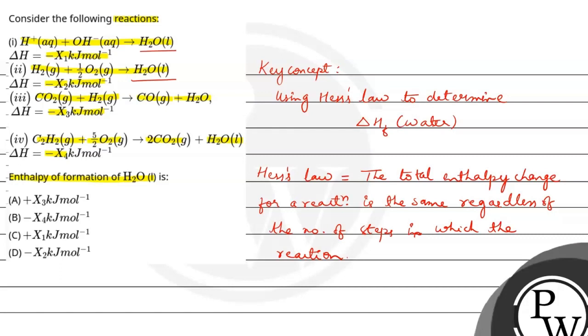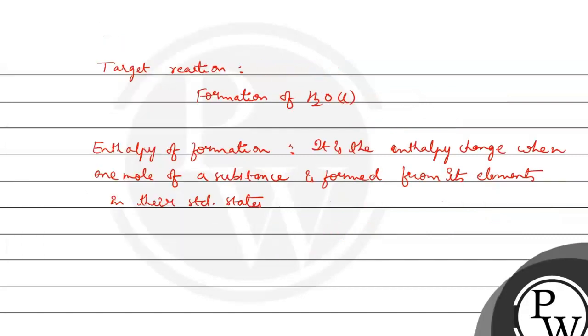We'll be considering reaction 1 and 2. So reaction 1 is H plus aqueous plus OH minus aqueous gives H2O liquid. So यहाँ पे जो delta H है that is minus X1